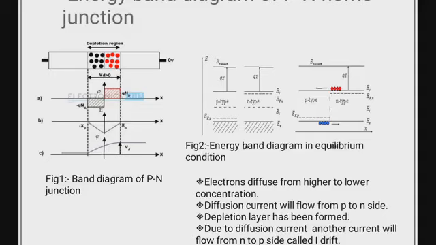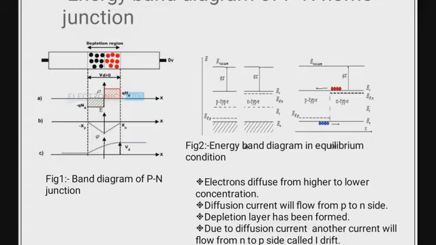That means if we take a derivative with respect to distance x, then we'll get dE_F/dx equal to 0, where E_F is basically the Fermi energy level in this semiconductor diode, and E_F is independent of x if the derivative is 0. That means the Fermi level is constant. The Fermi level is constant.